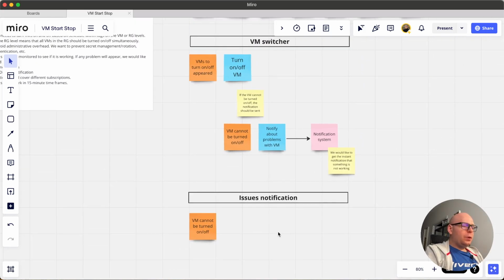For now, you can see that I'm treating this event as a single event. So maybe it could be even phrased like VM cannot be switched or something like that. Means maybe the state of the VM cannot be changed. Maybe it would be an even better name for that. But for now, let's keep that as it is,